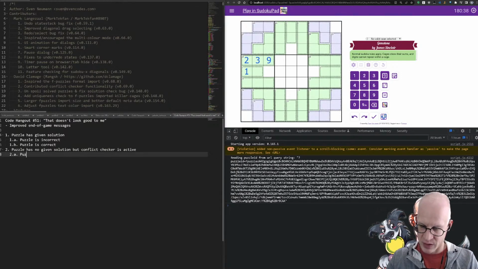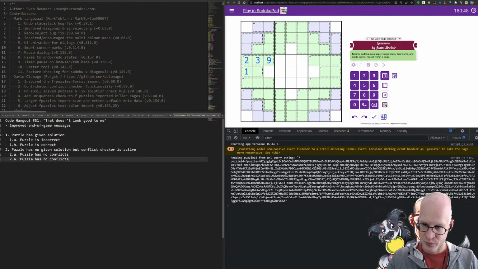2A. Puzzle has no conflicts. And 2B, puzzle has conflicts. Here, let's keep A as the positive and B as the negative.